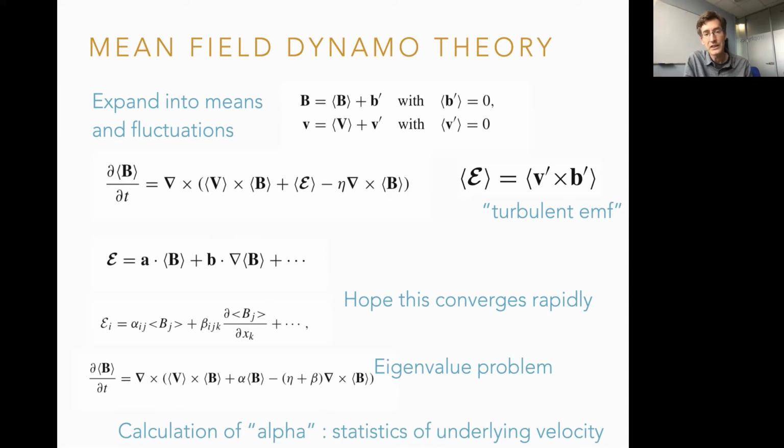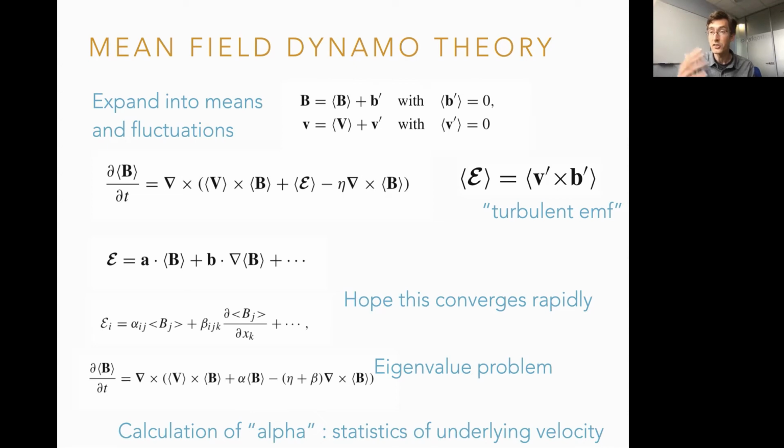So you might suppose that it's something times mean field B plus some gradients of B and second order gradients of B and third order gradients of B and so on and so forth. And you hope that that series converges, which it may in some cases and may not. So the story here is that basically the alpha effect in these kinds of models depends on statistics